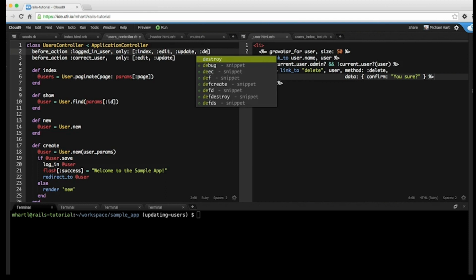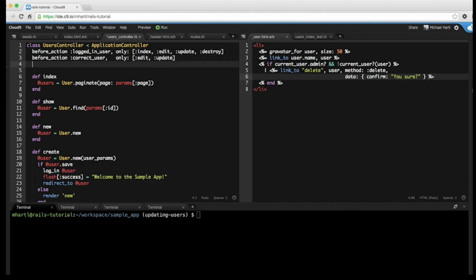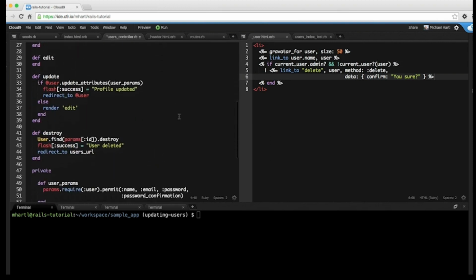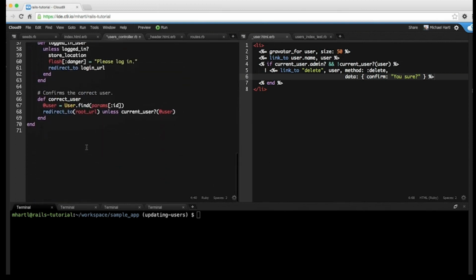So let's add this to the list before action index edit update destroy, and let's add a second filter for destroy, so the third filter overall, to verify that the user is an admin. So before action, we'll call it admin user, and this is going to be only the destroy action. You can see we don't have to put it in an array, we can just leave it by itself if there's only one. So down here,